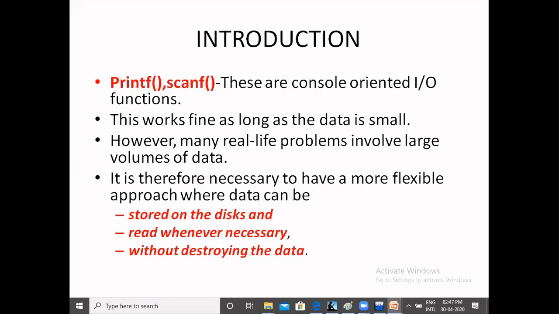So whenever we come to real world applications, we need big data sizes. For that purpose, our printf and scanf statements are not sufficient. The system uses a particular memory, the RAM space, which is temporary memory and does not store your information permanently.